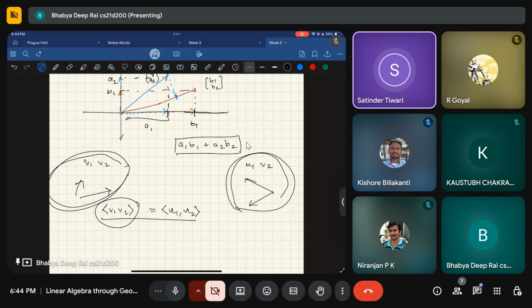Suppose the x coordinate for the first vector is 2. Now that 2 will be treated as 1 unit. If I project the other vector on this, it will count 2 as one unit. Now we want 3 units, so that 2 will be triplicated, meaning 2, 2, 2 will be added 3 times, because we want to move 3 units from the origin. That 1 unit is 2, so that will be 2 into 3, so ultimately we land on 6 on the x-axis, something like that.